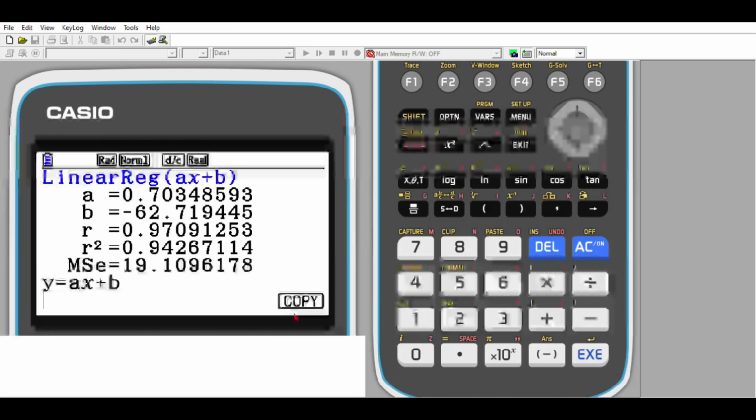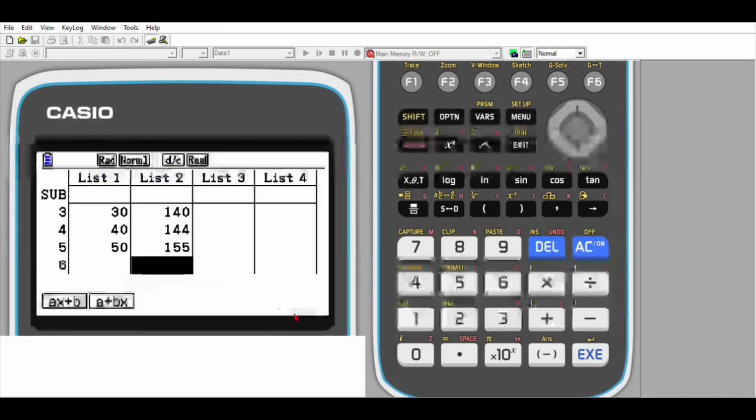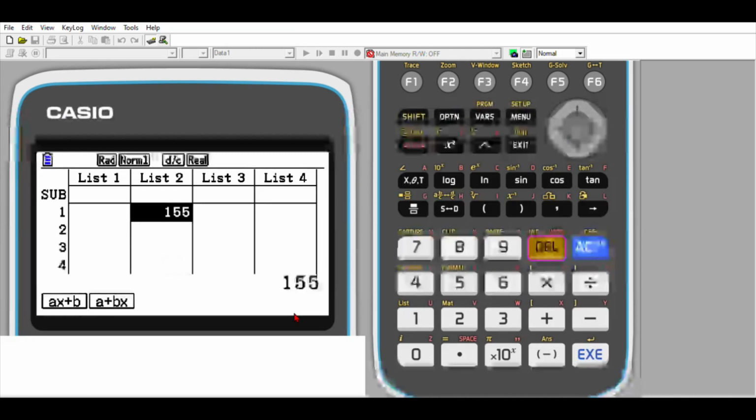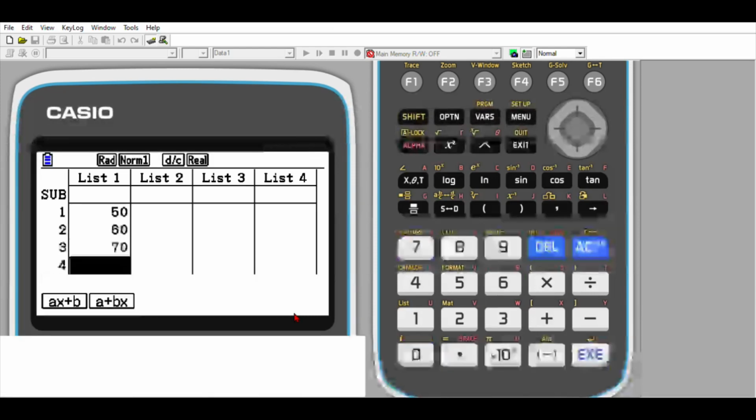Then to do the second part, I will plot in the second set of data, and I'm gonna leave the point 50 and 155 because that's a shared point between the two values. So let me erase this between the two lines, sorry. If I plot in the second part of the information, we're going to start with 50, then 60, 70, 80, 90, and 100. Then if I plug in the respective y values, this would be 155,